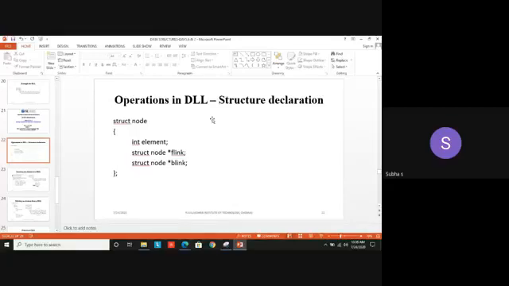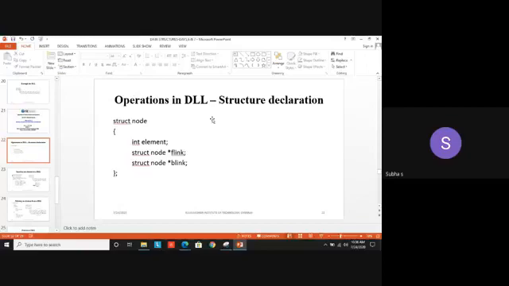Here we are not using the pointer variable called next. We are using these two variables, F link and B link, as the pointer variables pointing to the next element and the previous element of the particular node. Element is nothing but the data or the value of the particular node.